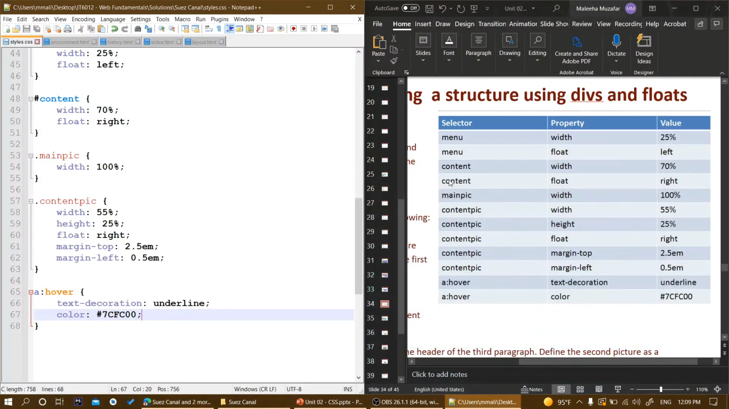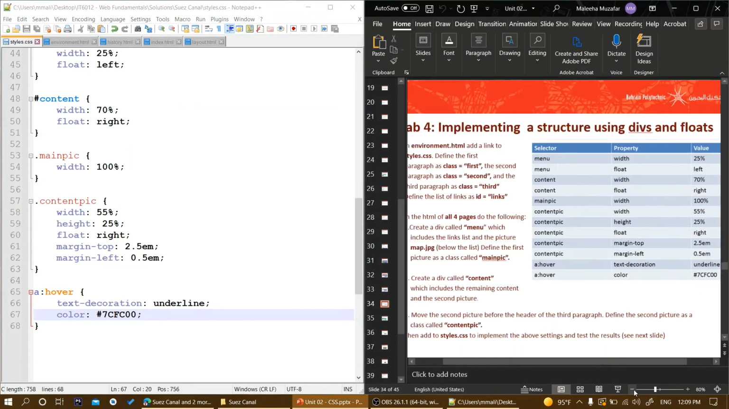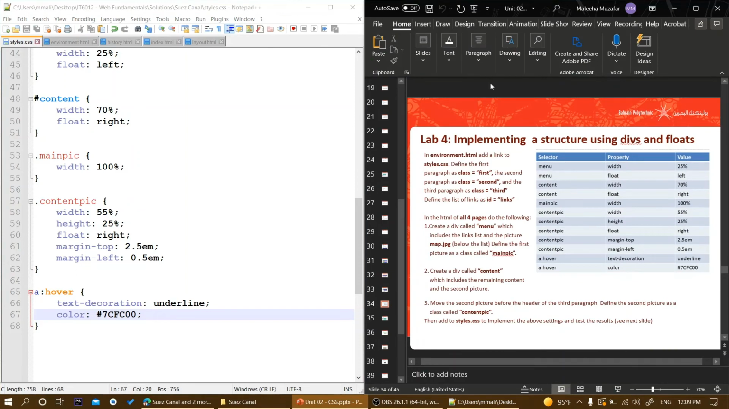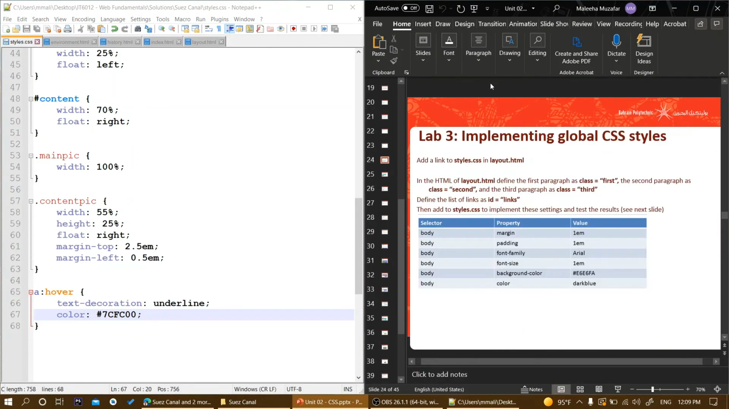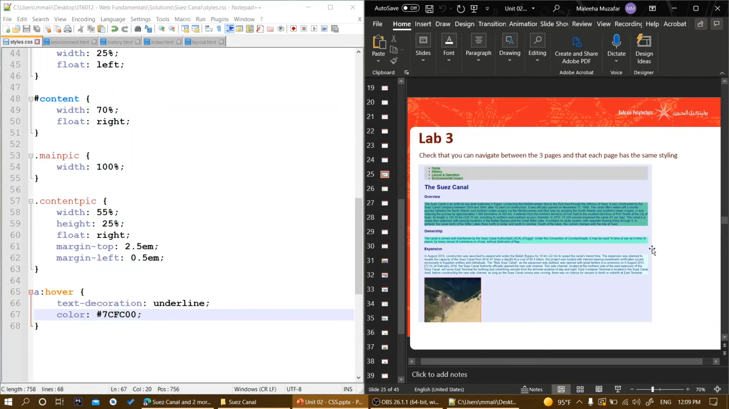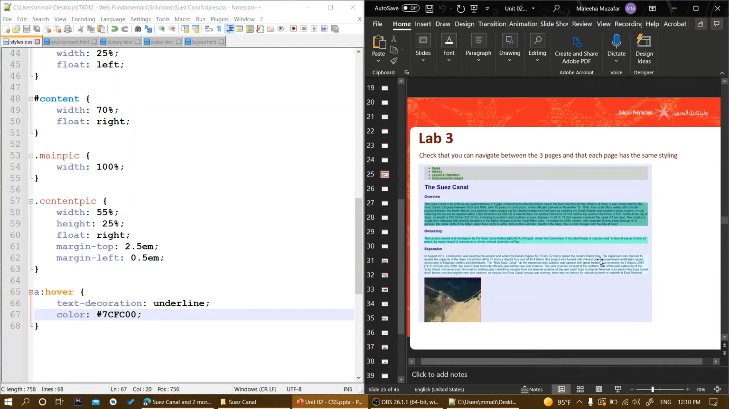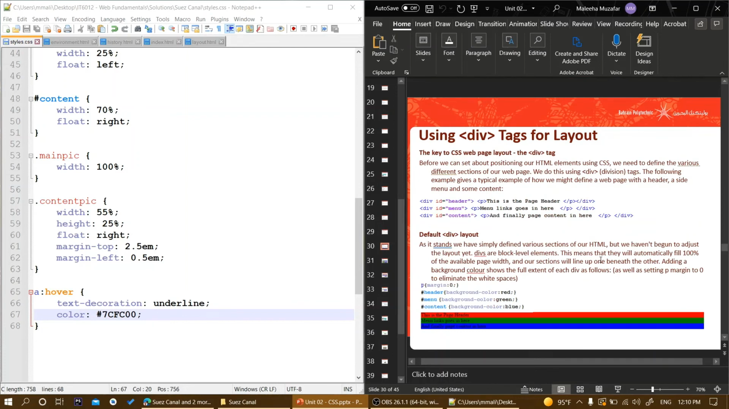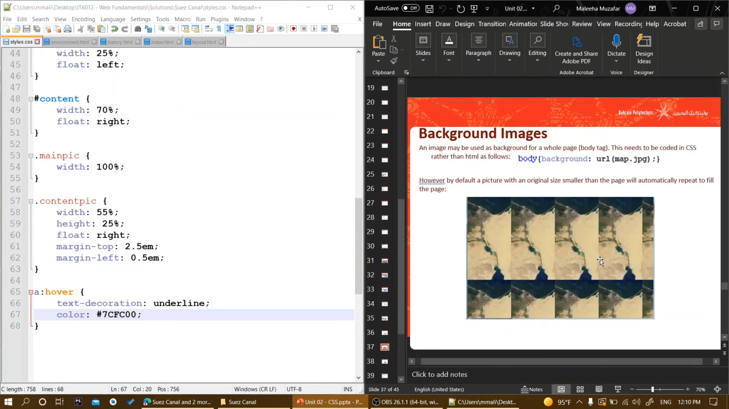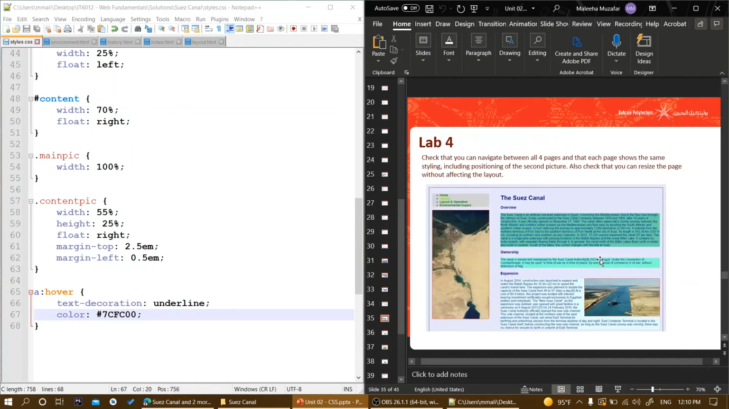Okay, so if we refresh, all the links, the color is changing and they're underlined. They were underlined before as well, weren't they? I mean, I don't know. I remember that it was underlined. Yeah, they were underlined before as well. Anyway, so that is how it's basically done. Lab 4, and this is how I think they're showing you a different